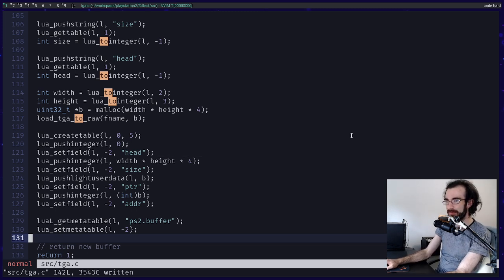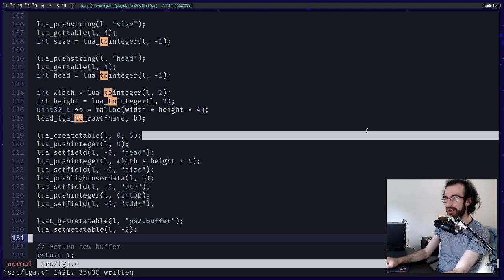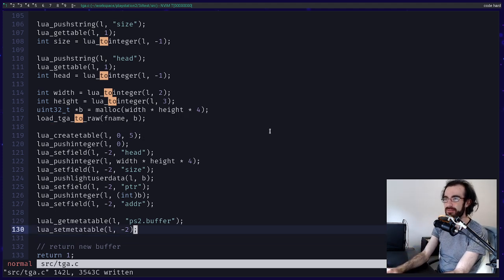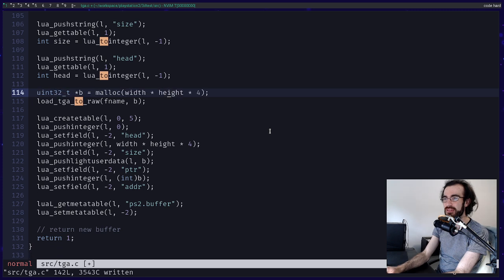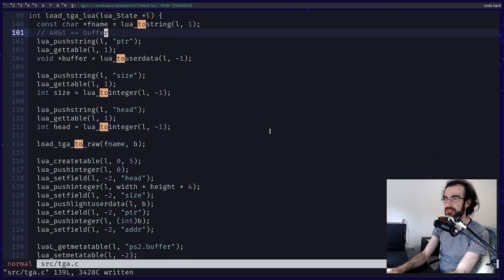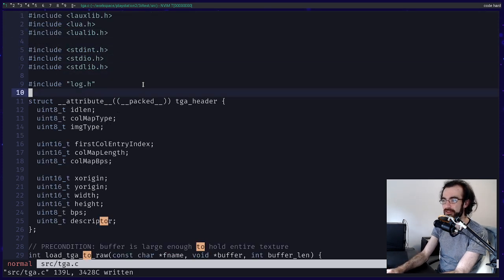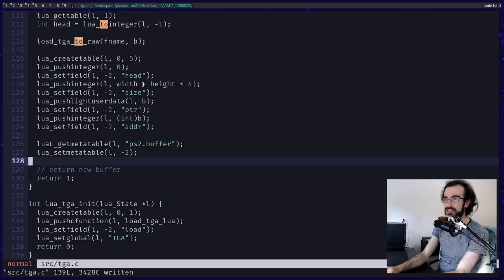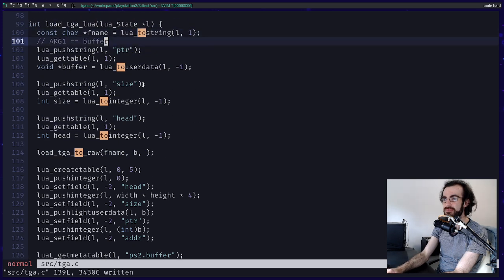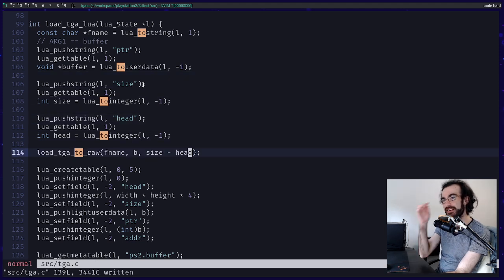I went deep into Lua thinking land. But we're getting there. So this no longer exists. This is now what we pass into this function. It now takes a buffer. It takes a size. So this is good. Low TGA to raw. And then it's going to be, I think, literally just size minus head. But I think